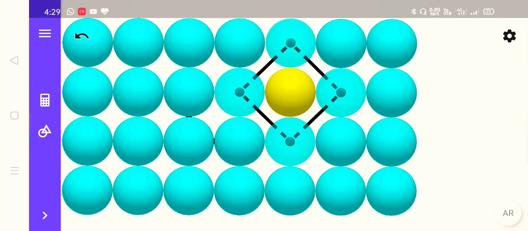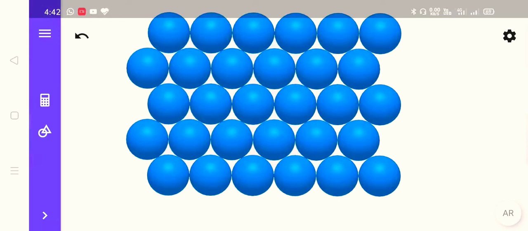square close packing. Let us try to find coordination number of this square close packing. Let us use our center sphere again, the yellow sphere. As we can see, this yellow sphere is in contact with 4 other spheres. That means it has 4 neighboring atoms or constituent particles. That's why coordination number of square close packing is 4. So in 2-dimensional square close packing, coordination number will be 4.